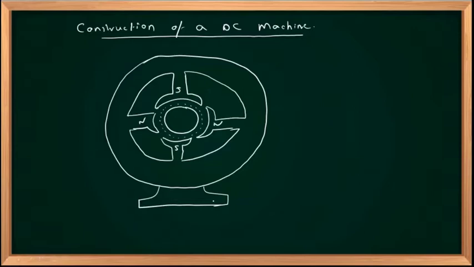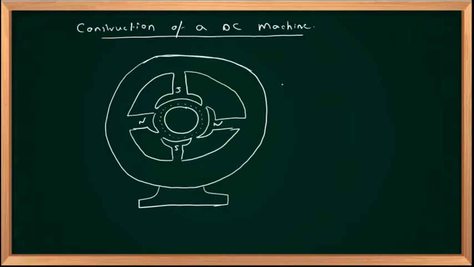So this is the basic structure of a DC machine. We'll discuss one by one. So first thing, we'll start with the stator side. The rotating mass is called rotor, and the stationary side of this machine is called stator side. So in the stator side,